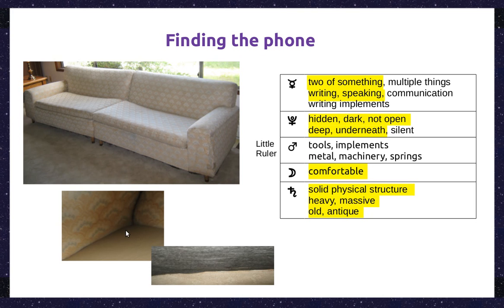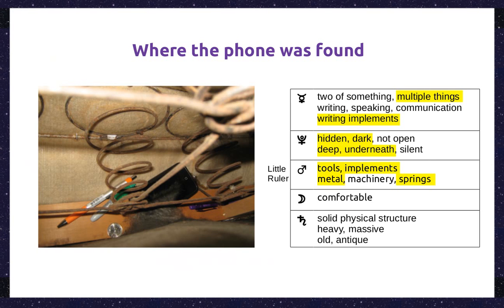So what she did was she turned the sofa upside down to try and get to the springs, because I told her, well, it could be springs or some kind of metal. Wherever the phone is, there's some kind of metal around it. Well, there are springs inside the sofa, and underneath the sofa there was some fabric, and she managed to get her hand inside the fabric, and this is what she found. Here was her phone among the springs of the sofa.